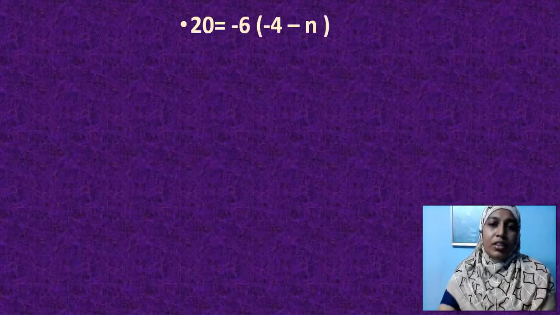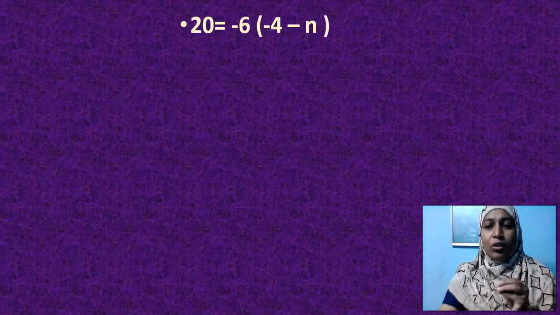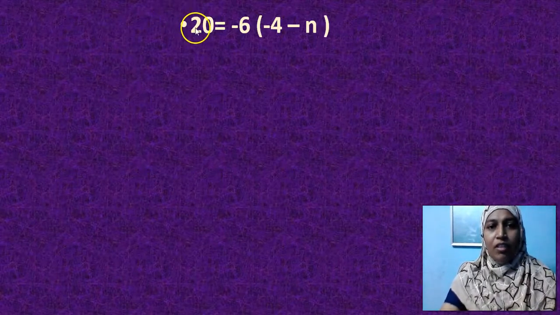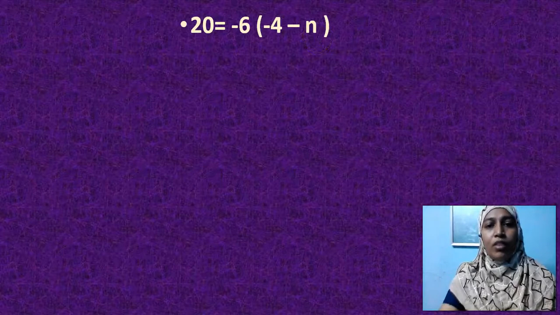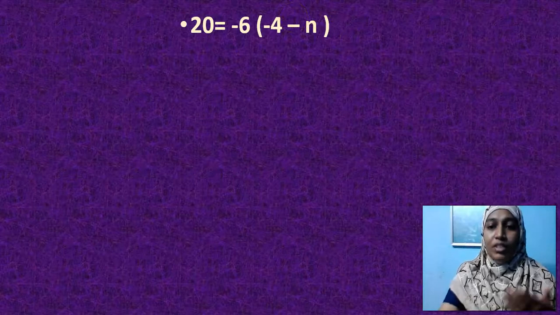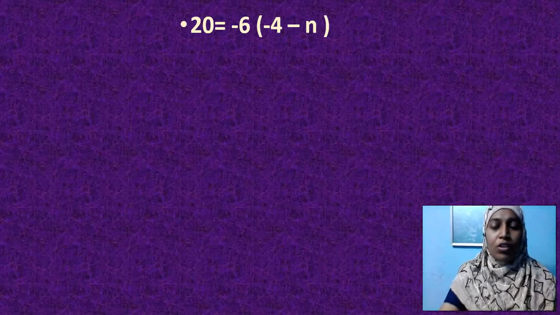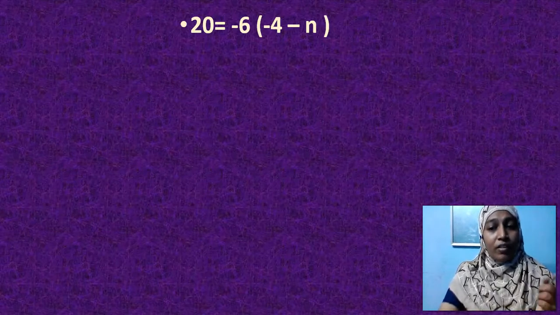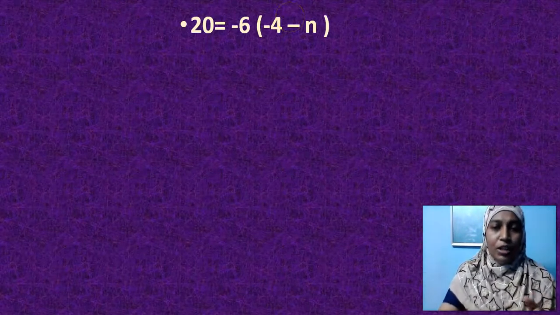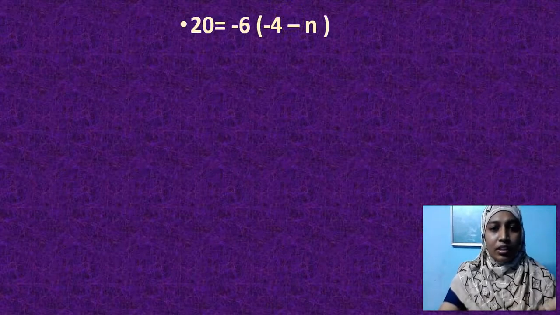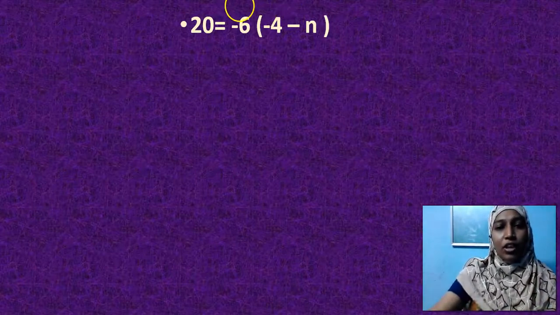Here it is. This equation looks a little bit tedious because we have so many numbers, three numbers along with this variable n. What is the objective of this equation? We have to find the value of n that will satisfy this equation. Only if it satisfies the equation do we say that value is the solution of the equation. So what is a solution? The value of the variable that satisfies the equation is called the solution. Even in 1 mark questions, you may get this type of question. Shall we get into this question now?